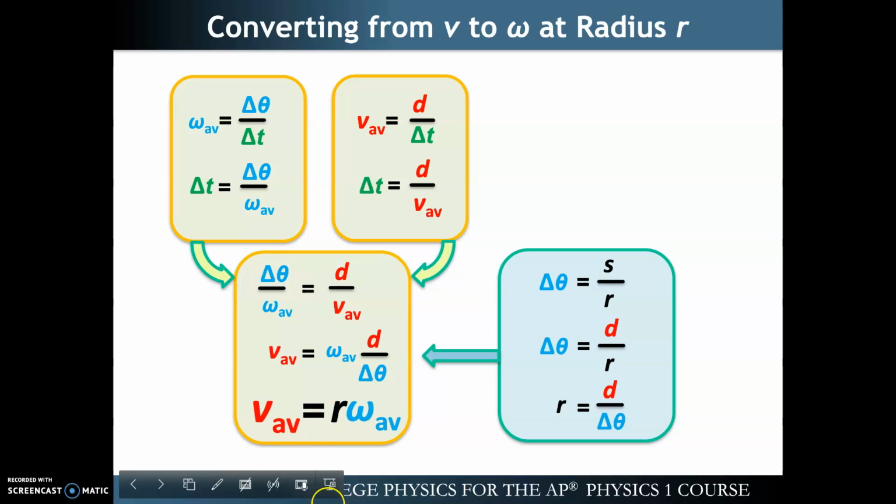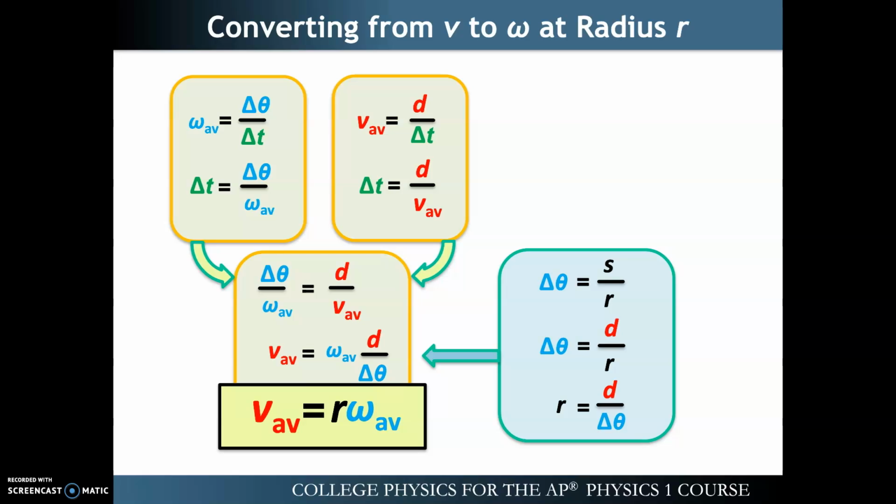So doing the substitution, we find actually a very simple relationship: the translational speed for that point is going to equal the radius times the angular speed at the point. Now, let me be clear here. When I'm using this word radius, I don't mean the radius of the entire object. I mean the distance from the